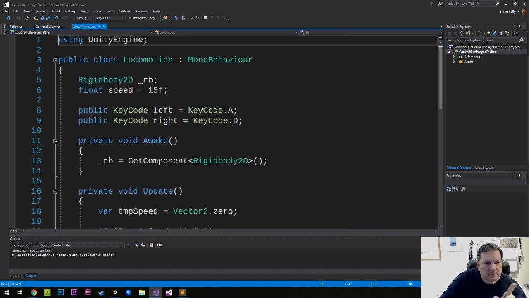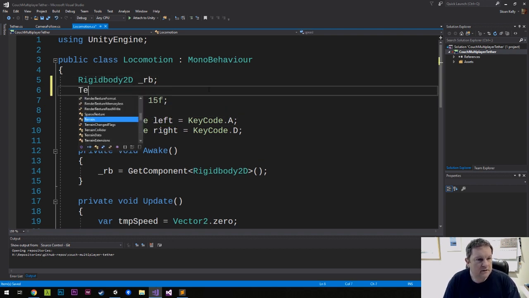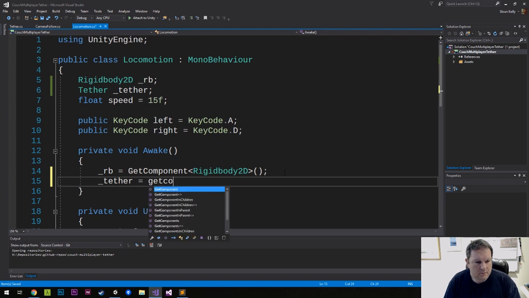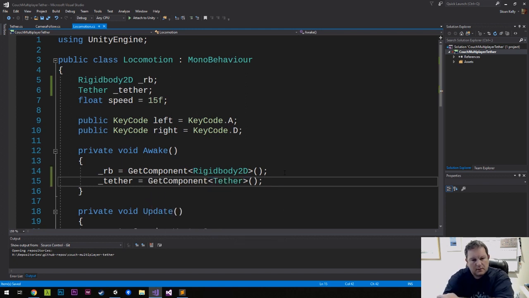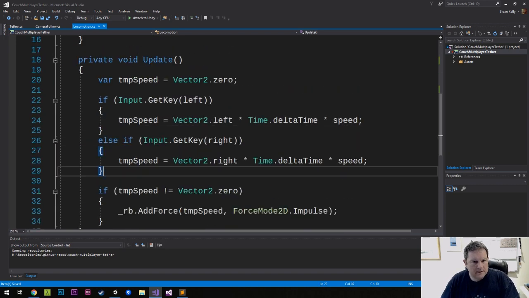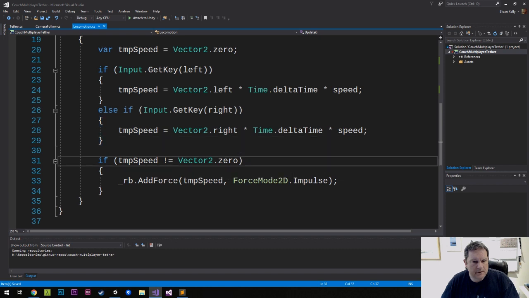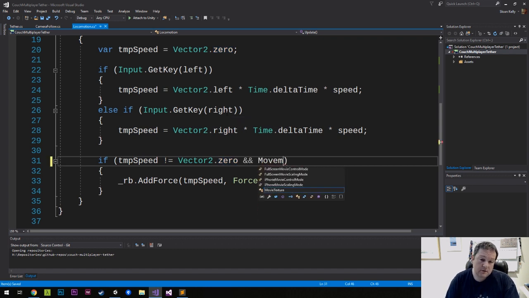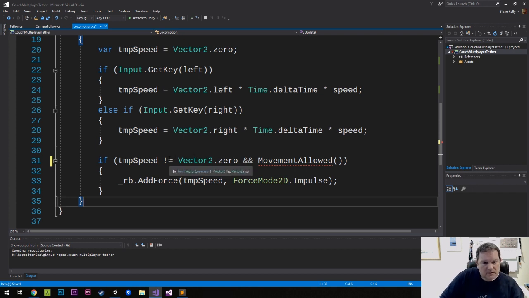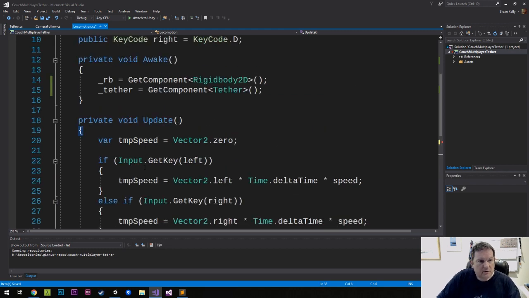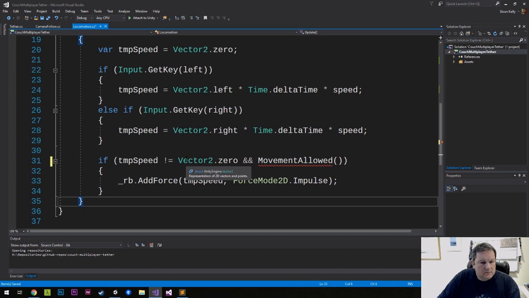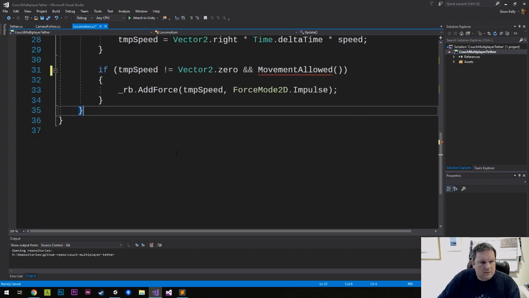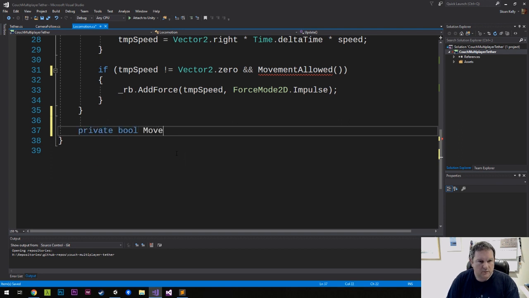So in our locomotion script, we're going to check that. So we're going to do tether, and then we're going to do tether equals get component tether. And that's going to grab our value there. And then we're going to check to see movement allowed. So we don't know what movement allowed is going to be yet, but we're going to make sure that the speed is not 0 and the movement is allowed, and if that's the case, we're going to add force to it. So private bool movement allowed,